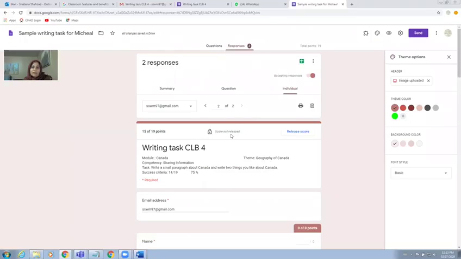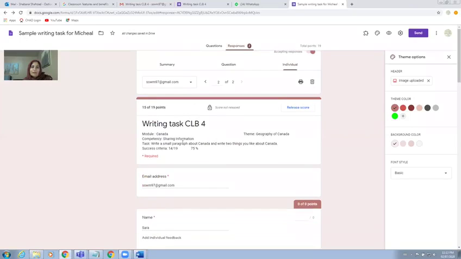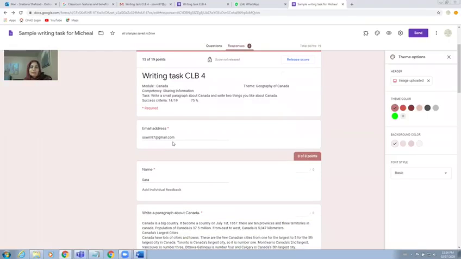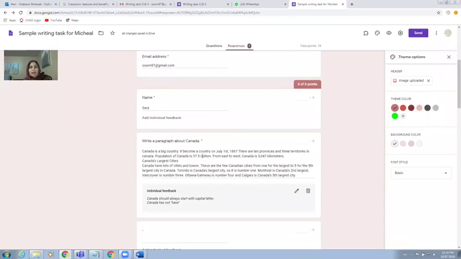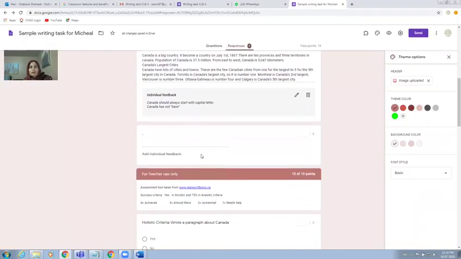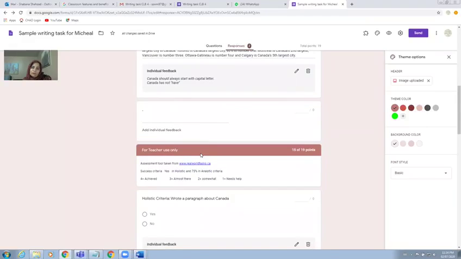Now when you're creating a form, you can create it in 2 sections or you can create it in 1 section, whatever way you want to do. I created this form in 2 sections, and I have given them a writing task, and I have given them all the module, the task. What is the task? The task is they have to write an email, and I have already showed my students